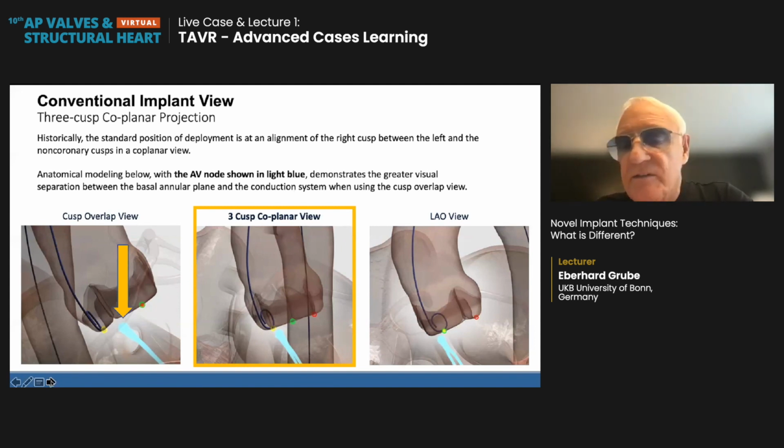We're all familiar with that. Historically, it is an alignment of the three cusps between the left and the non in a coplanar view, because we thought it's the best one. For those of you that have followed me, when I started with CoreValve, I started out RAO